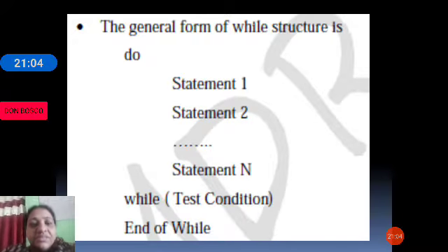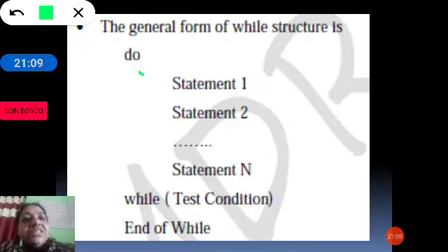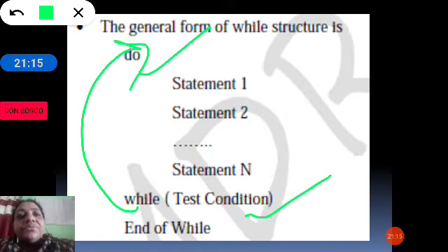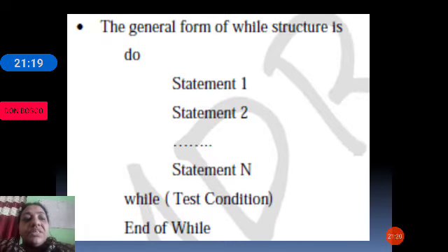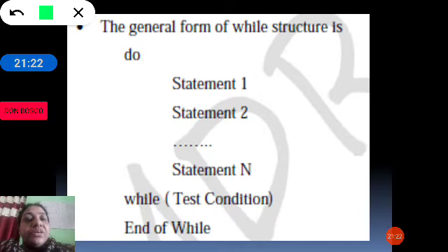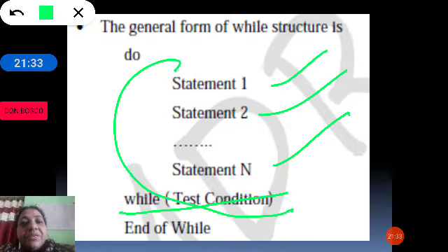So you can see the structure, the general form of the do while loop. Here there is do and then the condition is at the end. In while the condition was at the beginning, now it is at the end. So it is called a post-condition loop. Here first the statements are executed and then the condition is tested. If the condition is true, then the loop repeats.